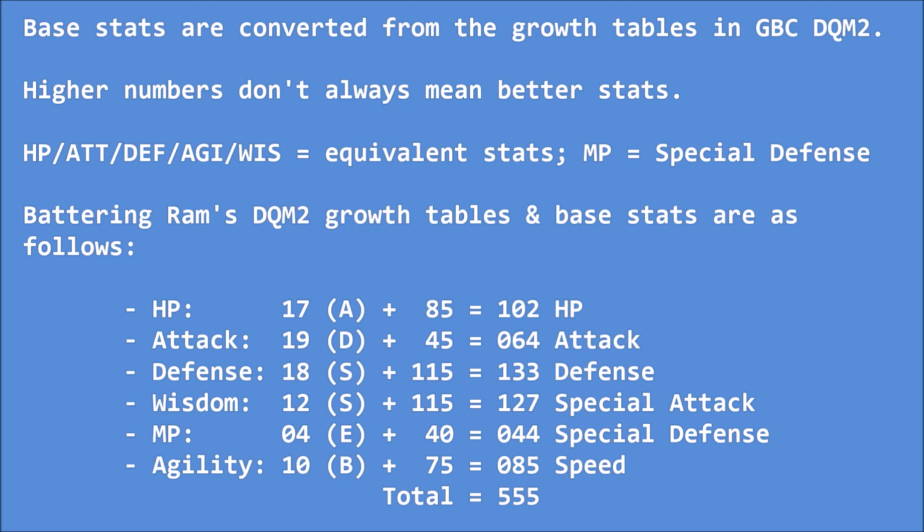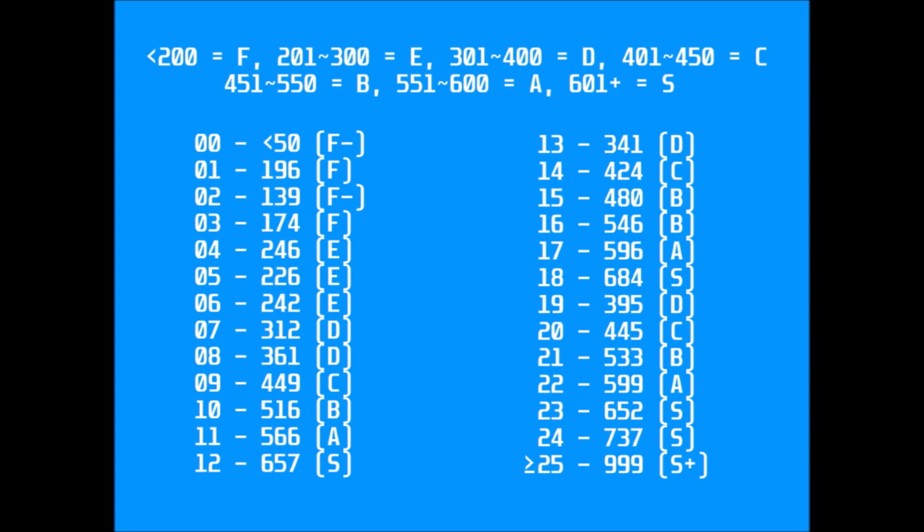He's a late-game boss in the original GBC version, and he can be recruited using meat. But for whatever reason, he was switched with the Knight Aberrant to become an optional early boss in the 3DS remake. His stats are great, except for MP, which just happens to be the dump stat in the original DQM. He will have 102 base HP, 64 attack, 133 defense, 127 special attack, 44 special defense, and 85 speed, for